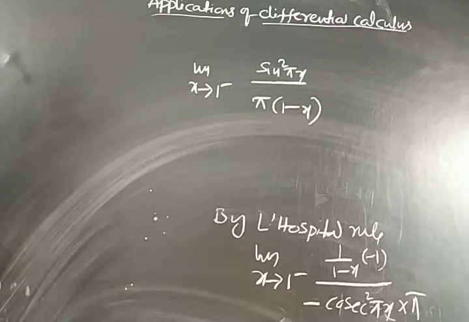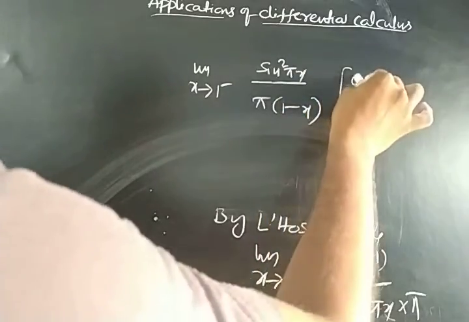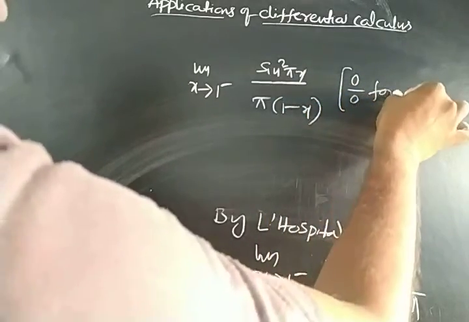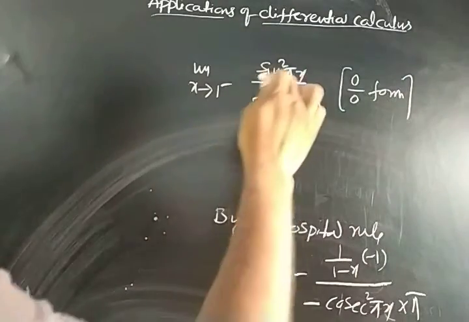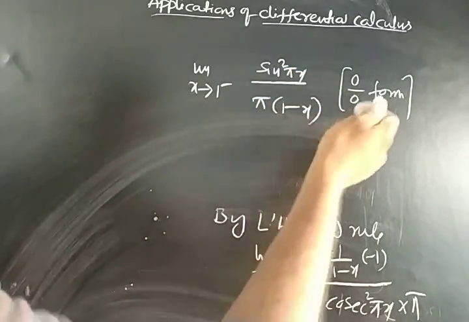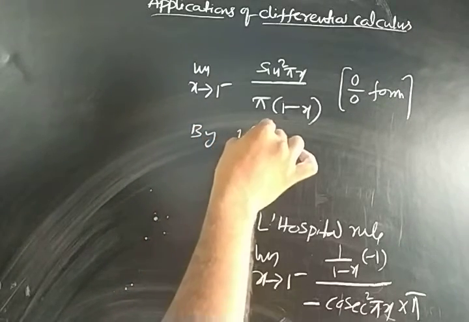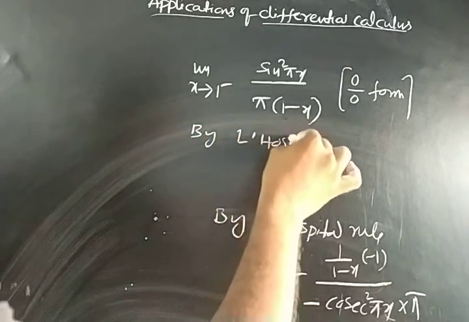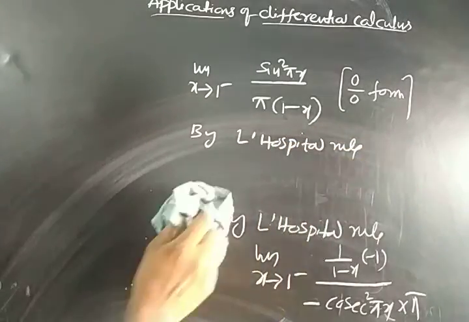Again by substituting 1, sin pi is 0, so 0 by 0 form. In each and every step you have to substitute and check. Here I am substituting 1, sin pi 0, 1 minus 1 0, so 0 by 0 form. Again by L'Hospital rule, by L'Hospital rule, we can write